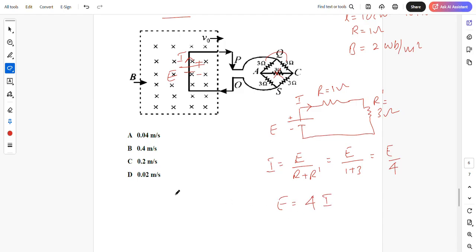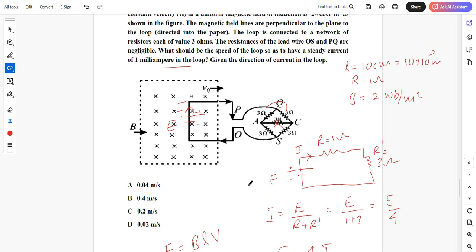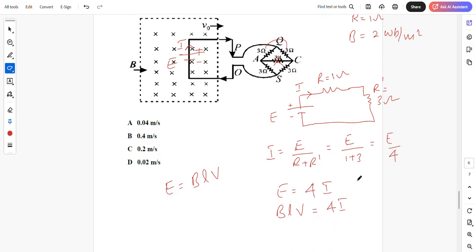And what is E also? E is nothing but B into L into V. B L V is equal to 4I. What you have to calculate is the value of V from here. I can simplify for V. V will be equal to 4I by B into L. 4I is how much they have given? 1